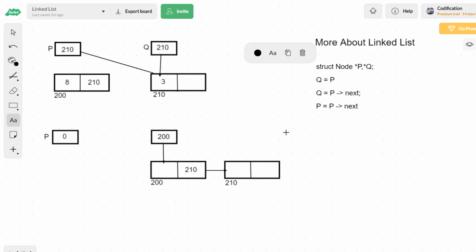In the second block also, you see there are two pointers available. One pointer is P already here, and the next pointer is Q. Okay, fine. Now the pointer P is stored with 0 and the Q pointer is storing the address of one node, and this node is storing the address of the next node. Very simple. Now what is this 0? The 0 or otherwise null, both are the same.